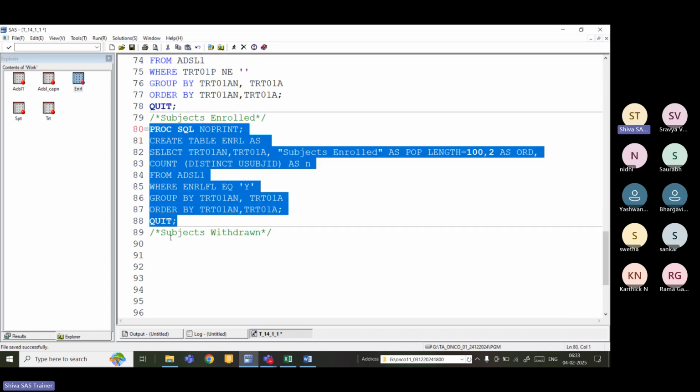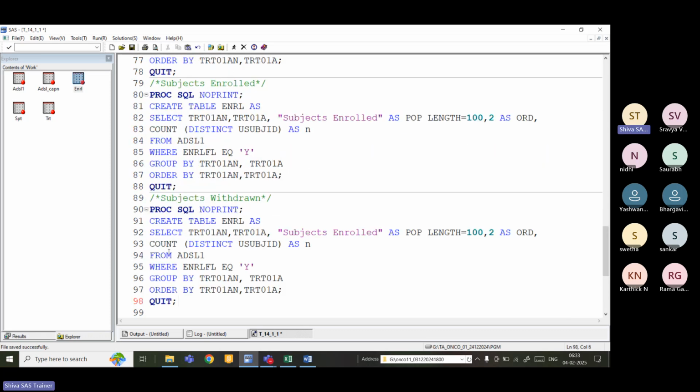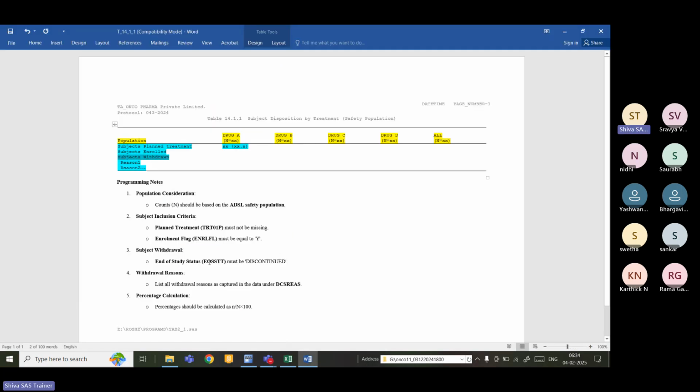Just copy this code and paste it here. So the data set name is withdrawn, and the label is subject withdrawn. Same ORD equal to 3, and the condition is the EOSTT